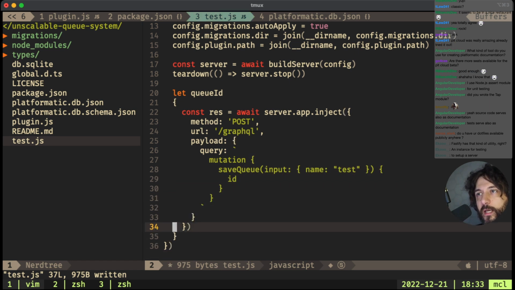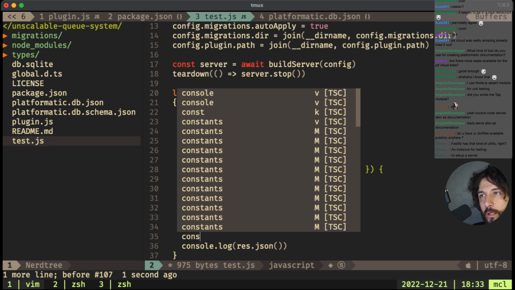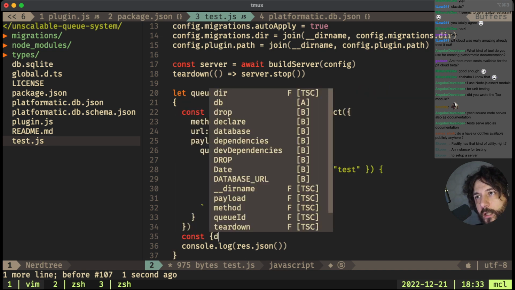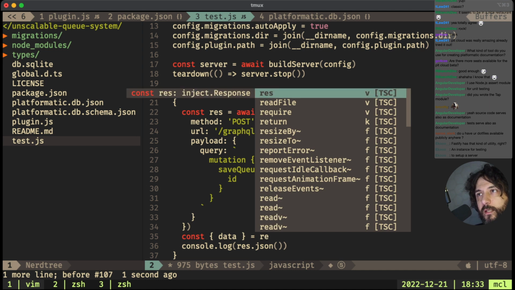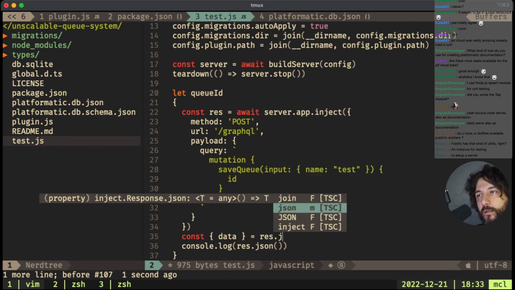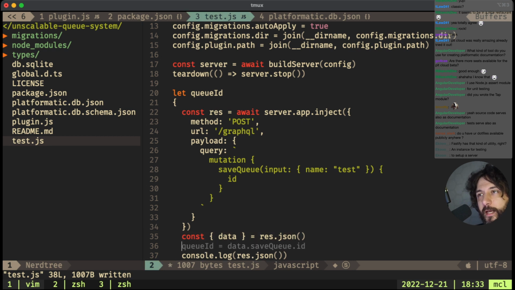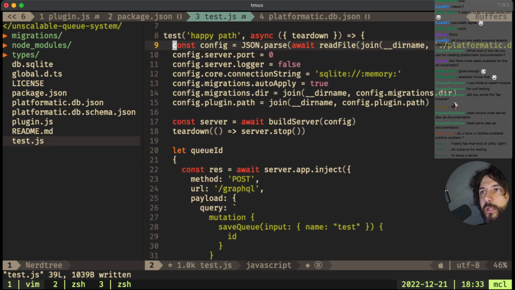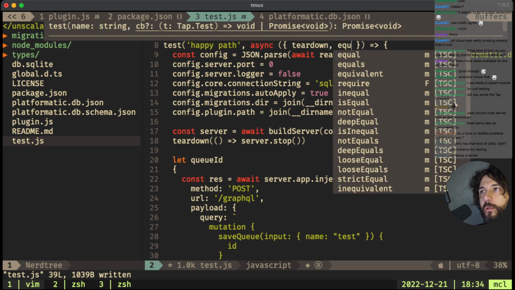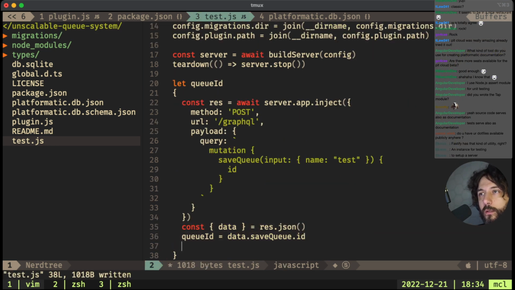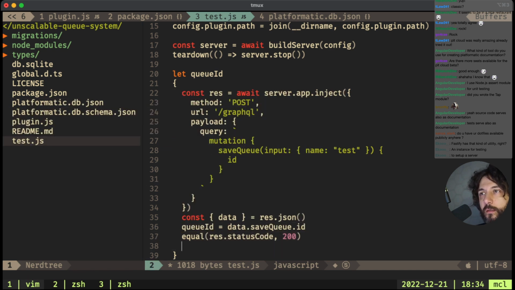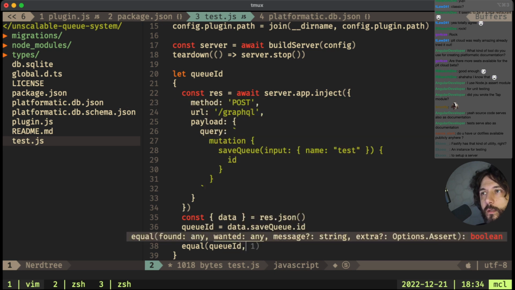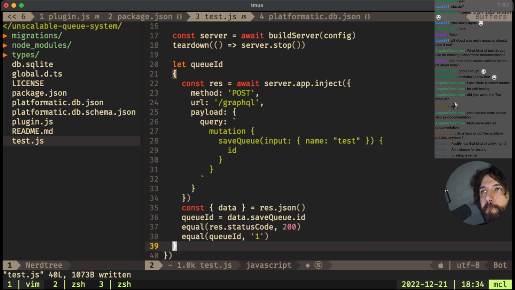So and then const data res JSON and data save queue ID, and here we want this to be equal to 1. Equal 1.